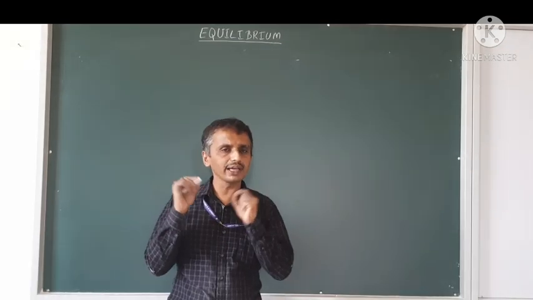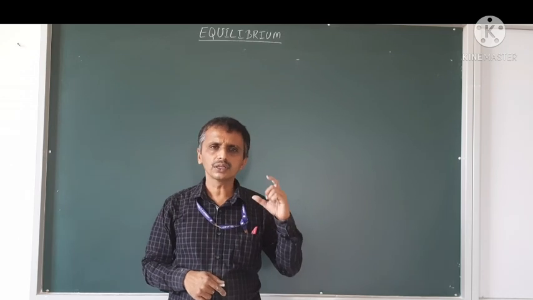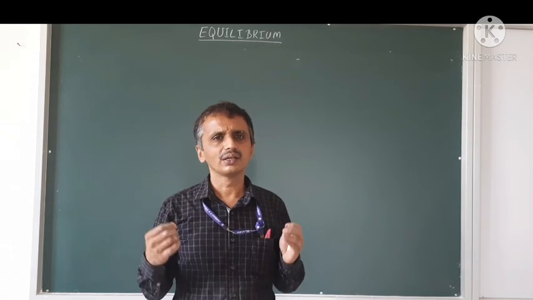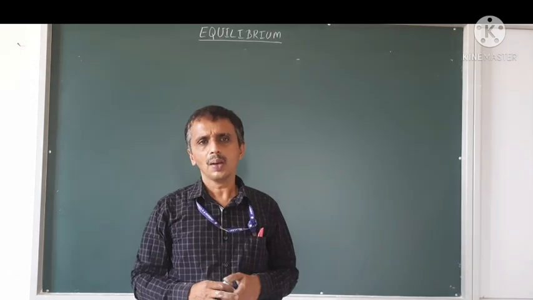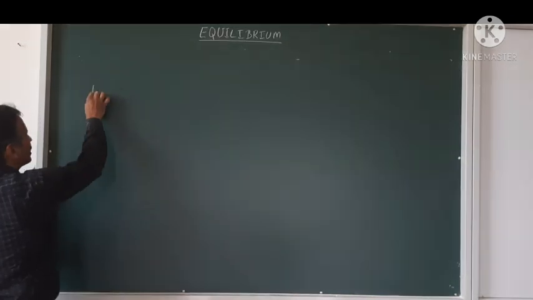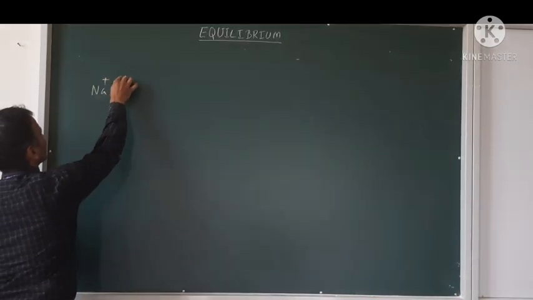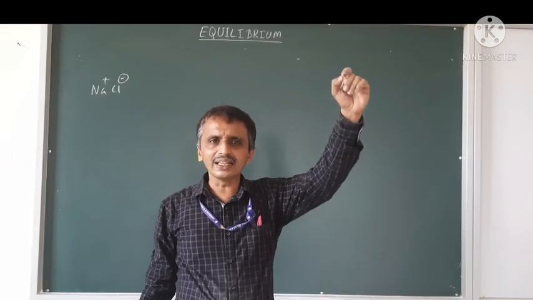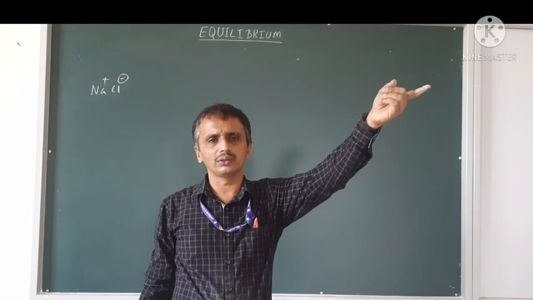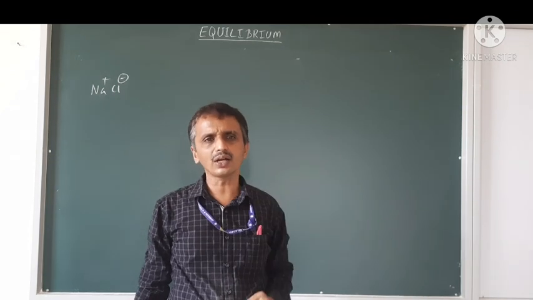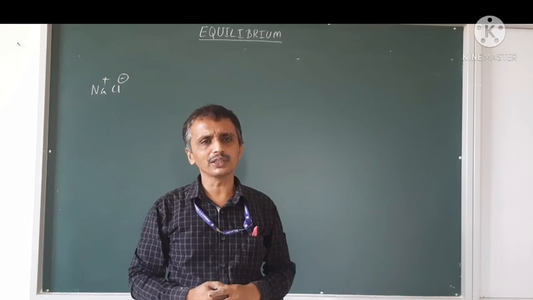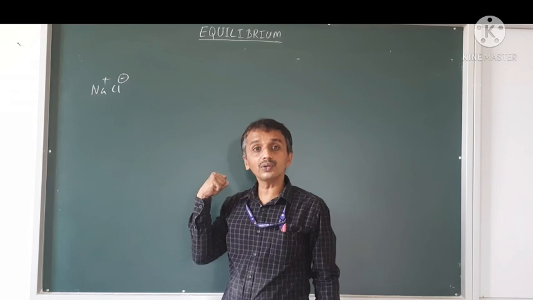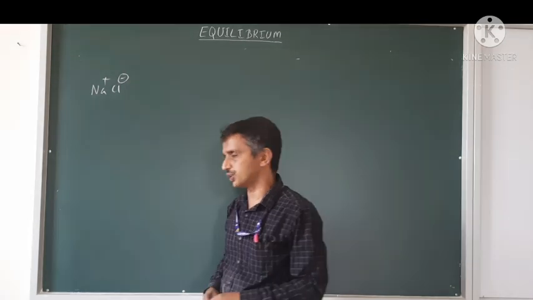Now, a question may arise in your mind. Sir, sugar is not conducting because it is not an ionic compound. But NaCl is an ionic compound, so there is Na plus and Cl minus, no? So this Na plus and Cl minus should have moved to the opposite electrodes when the current is passed. So they should have conducted electricity, no? But why are they not conducting electricity in the solid state?